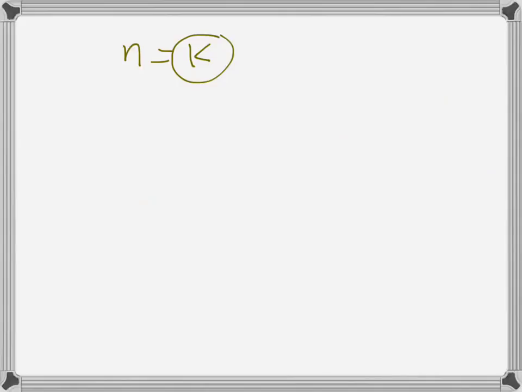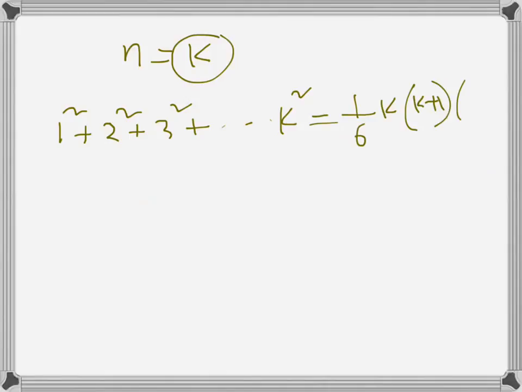So k can be any value. When we assume that, it becomes 1 square plus 2 square plus 3 square up to k square is equal to 1 over 6 times k times k plus 1 times 2k plus 1. So having made this assumption, we will see what happens when n is equal to k plus 1,